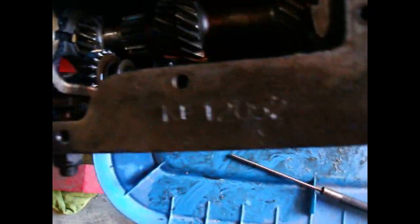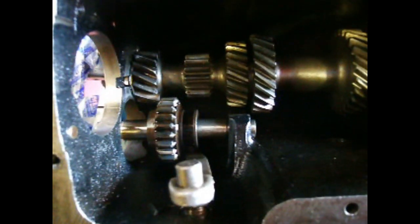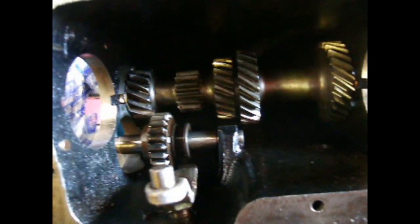That shaft came in through that end, and then there's the pin that retains it. I think the main shaft will go in with that in place, but I just left it loose because I don't remember. It's been so long since I did this that I may have to pull that out to be able to get that shaft down and in. So that's ready for the counter shaft,